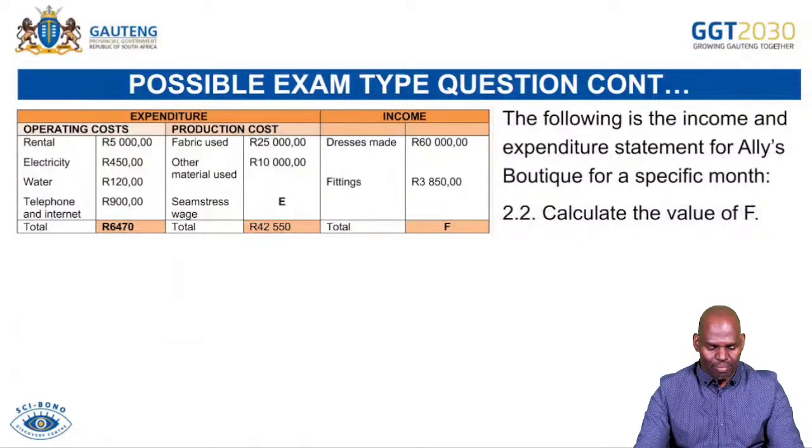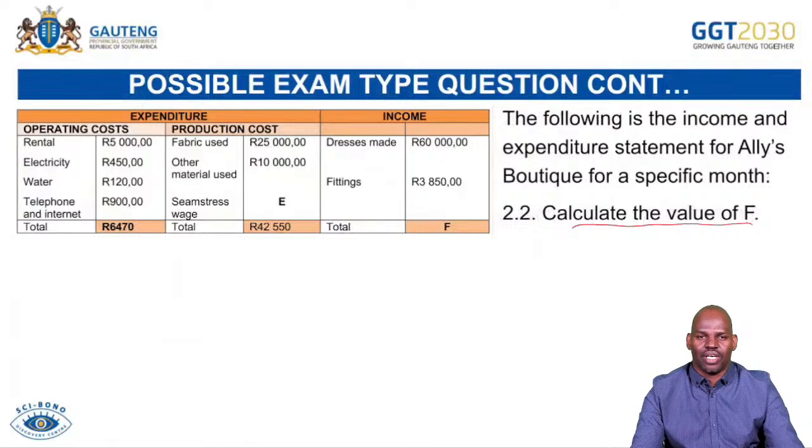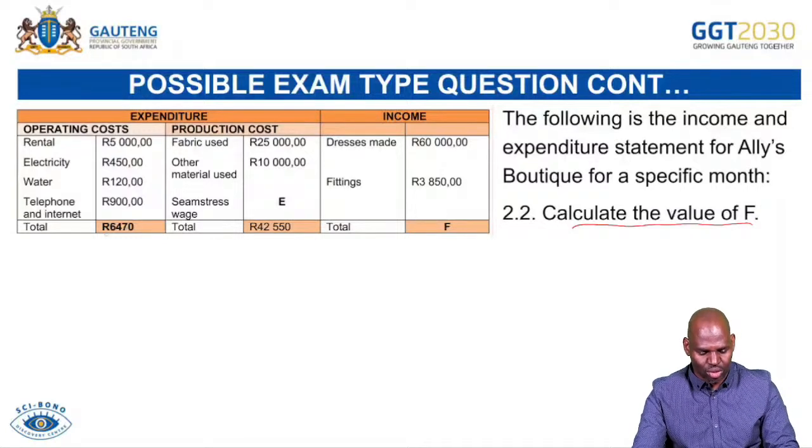Okay, still on the very same information, we now need to calculate the value of f. That is at number 2.2. Calculate the value of f. Now for the value of f, it's under income. So f represents the total income. In this case, the total income we can see is the income for the dressmaid and the income for fittings. So then we've got f equals